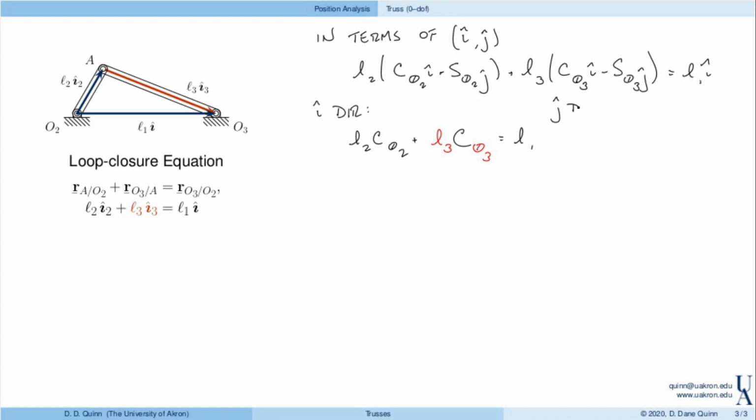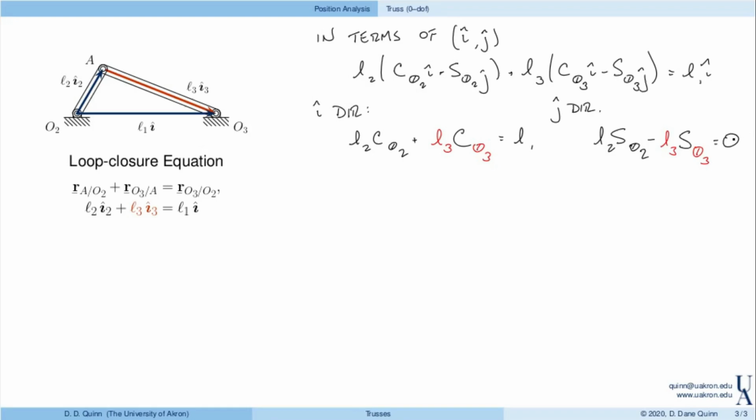While in the J direction, we have L2 sine of theta 2 minus L3 sine of theta 3